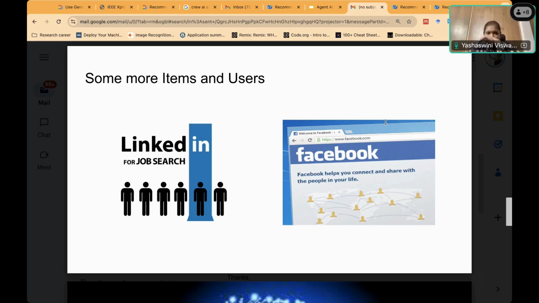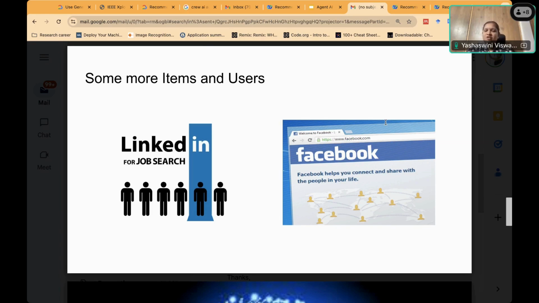Here, people are the items. So we are trying to recommend people. We say, hey, you are like this, and maybe you can be friends with so and so. So the item here is people. The user is a Facebook user, but the item is again people. So there are two sides, you see. You exist, and there is a pool of people who exist. How will you know whom to connect to? You will have a recommendation from Facebook.